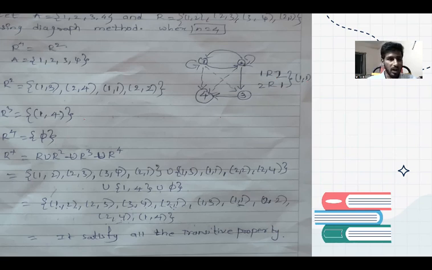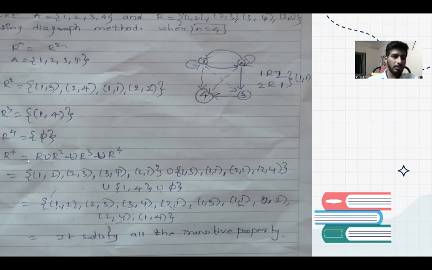When we see R union R, (1, 2) and (2, 3) becomes (1, 3). By seeing this relation, we can complete this graph. After the completion of the graph, we can take the union of all of these. First R square becomes (1, 3), (2, 4), (1, 1), and (2, 2). And R cube becomes (1, 4), when solving using the diagram method. And R power 4 becomes empty. The diagram method can be done up to the value where nothing new comes.